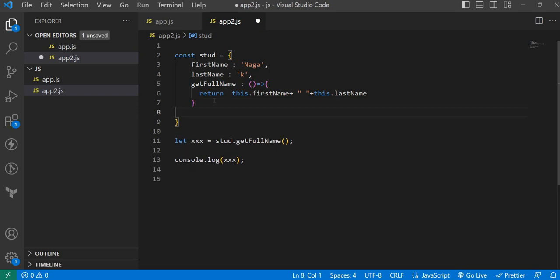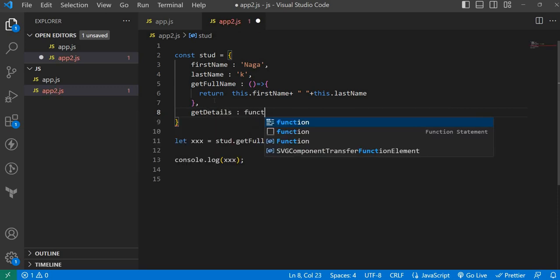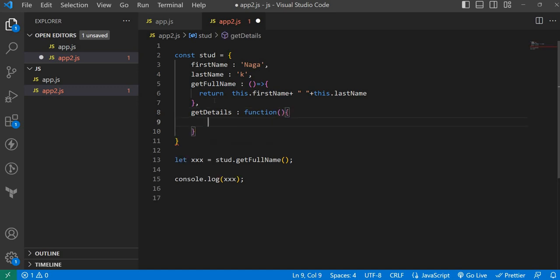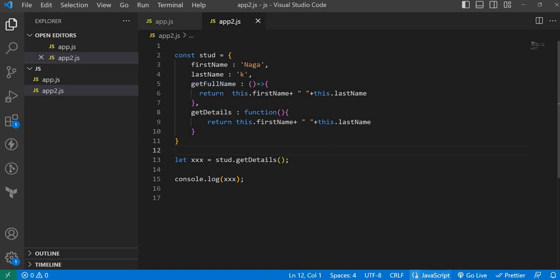Otherwise, I will just create a similar function. Okay, getDetails. Here I will use a normal function. Observe carefully. This is a normal function. Same, I'm just trying to return the same kind of thing. Okay. So previously I just changed the name, right? So this student dot getDetails, we know, right? We will get